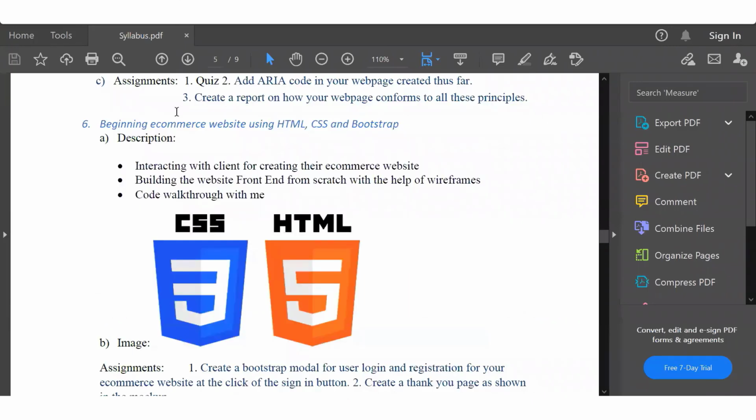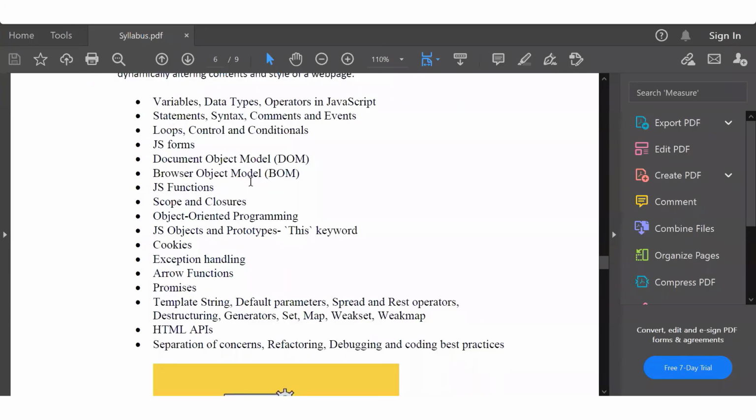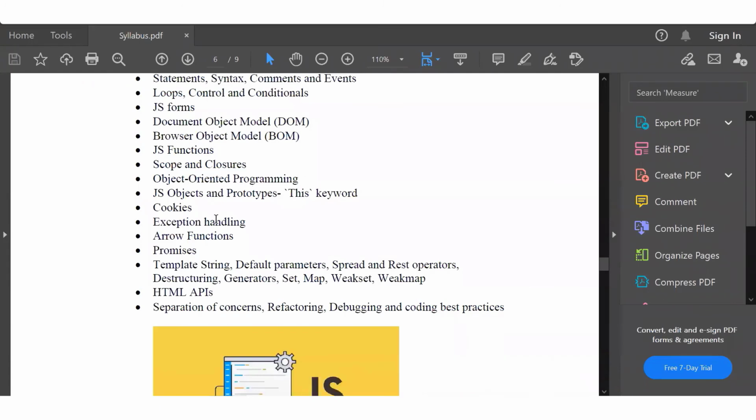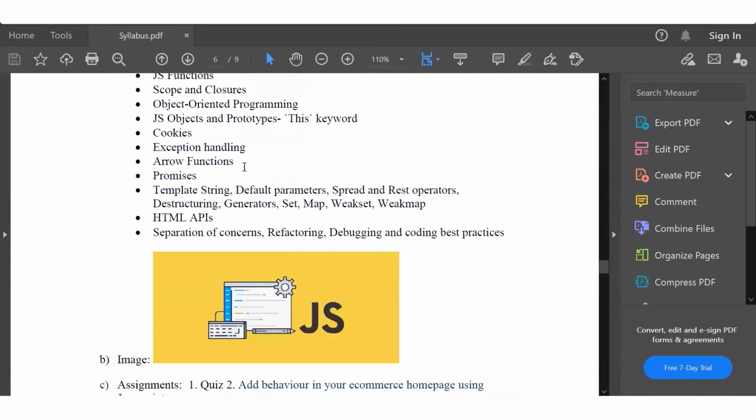And then, since you already have seen the basic syntax, the conditionals and the looping and everything, you have also seen that you could manipulate the document object model, but you have not seen how you could use things like closures, how you could use this keyword. You've also seen about arrow functions, just a basic idea about what arrow functions are.